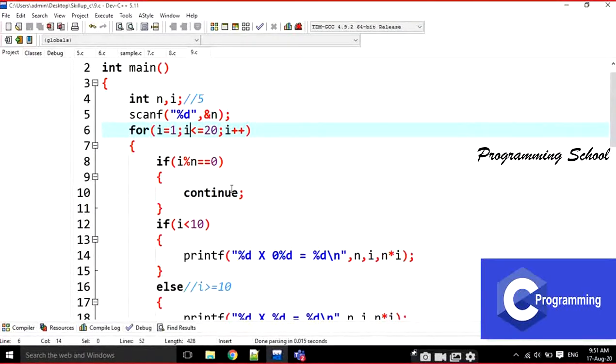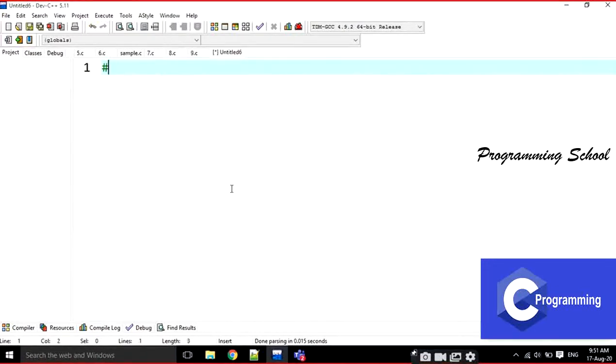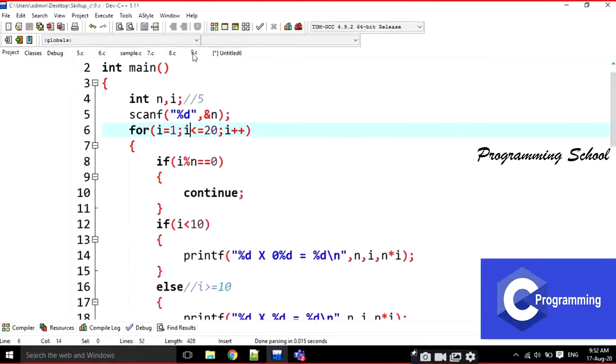But when you are writing any program, don't copy from this. Write on your own. Why? Because all these are core programs, right? We have to maintain the syntax. We have to write with the syntax every time. Every time you take a new program, start with hash include stdio.h. Everything we have to write on our own. Why? Because it will be very easy to write the syntax. It will always work for you.